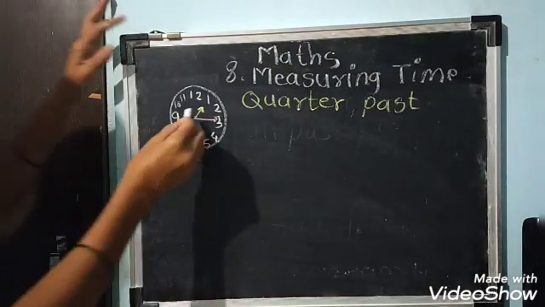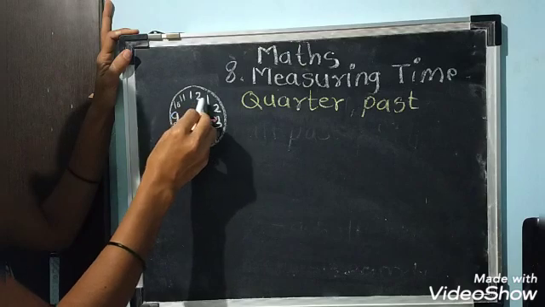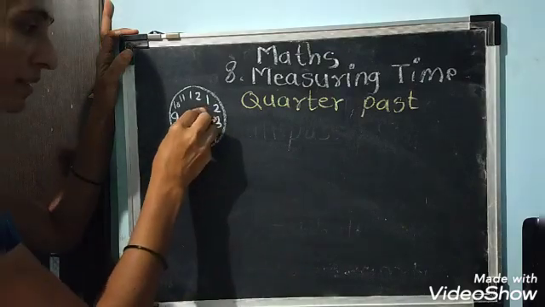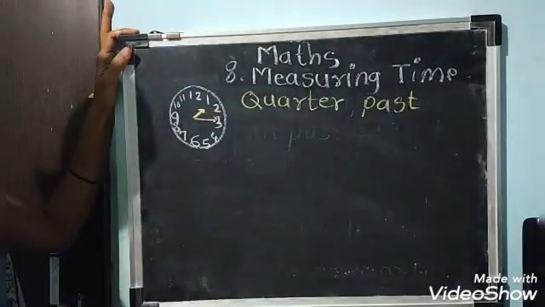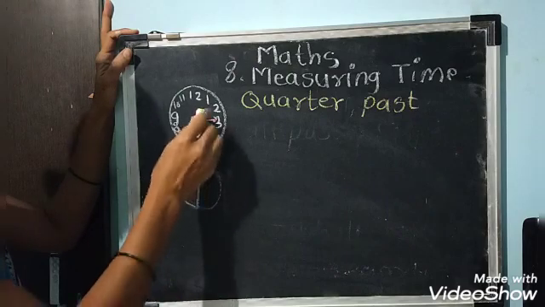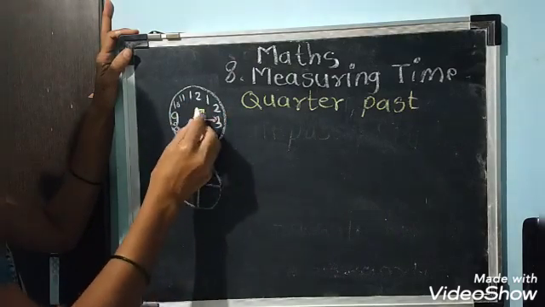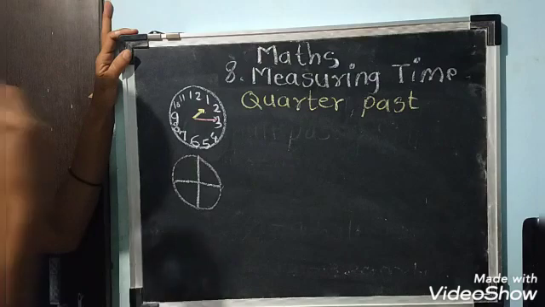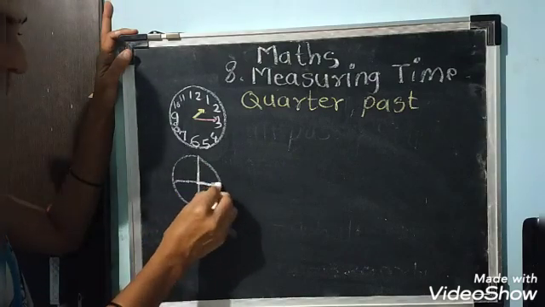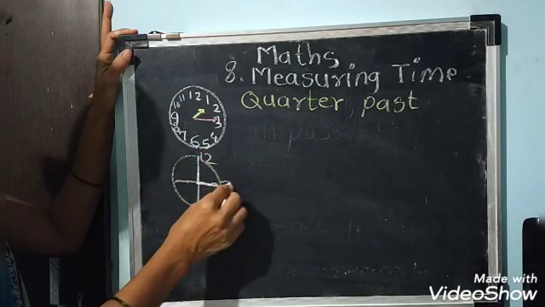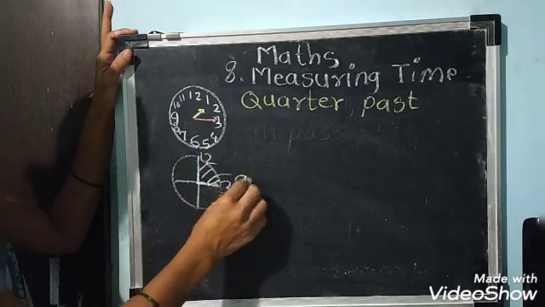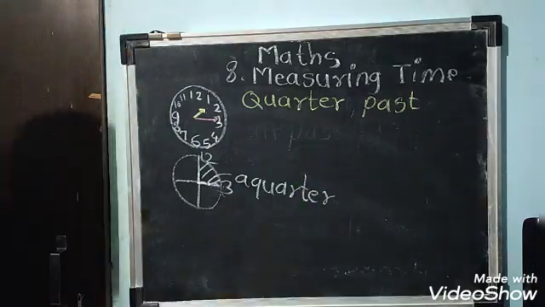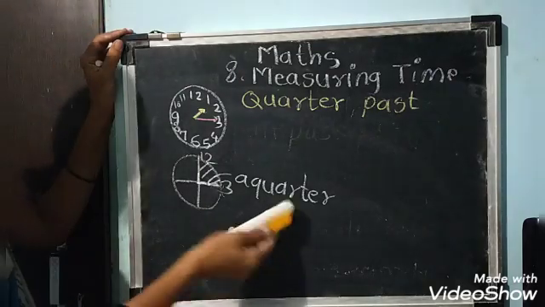See students, here our hour hand has just crossed 1. And the minute hand is on 3. So which shape does it show? According to fraction, which shape does it show? See, these are the 4 parts, and from 12 we are always counting. Just see the position of the minute hand. The minute hand is here on 3. Here 12 and here 3. So which part is it? A quarter. According to fraction, this figure shows the part of a quarter. So we are going to use the word quarter here.